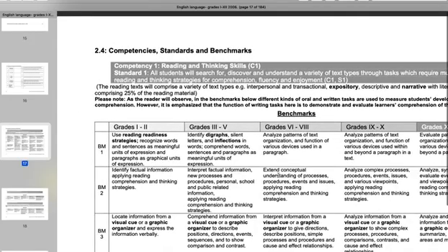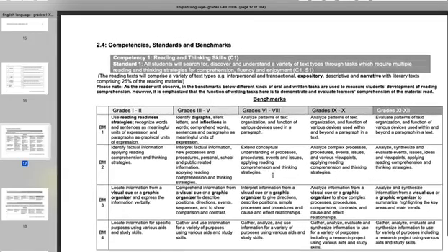And this document will help us to see most of the stuff like the competency, standard, and benchmarks all together. So you can see over there at the top, this is competency 1, reading and thinking skills. So teachers need to develop this competency 1 as a child enters grade 1, and they work on this child in grades 1, 2, 3, 4, 5, 6, 7, 8, 9, 10, 11, 12 to develop this competency at a simple and lower level and take it to the complex and more sophisticated